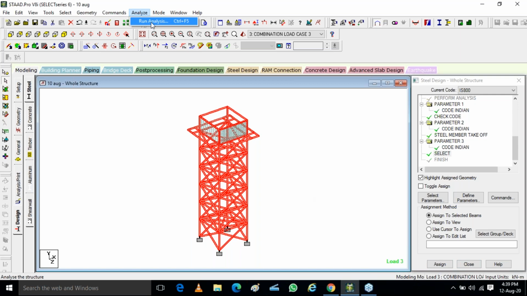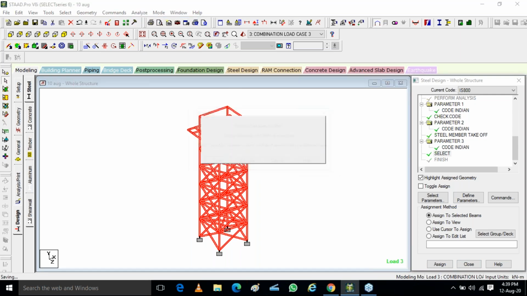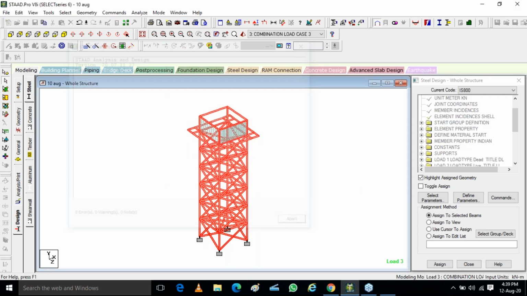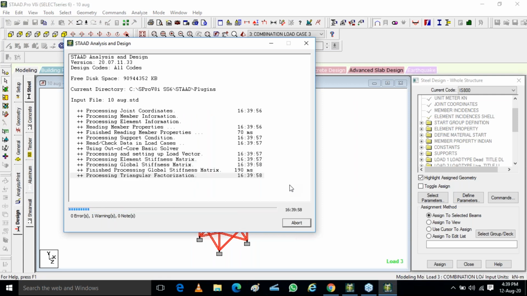Now I'll go to analysis again, run analysis, and it will do the design. The design will be checked in my report file.